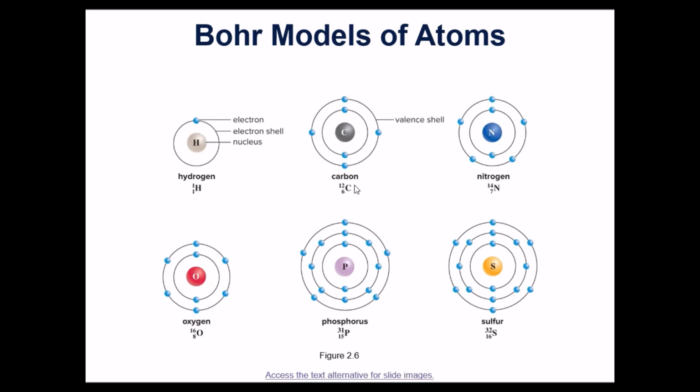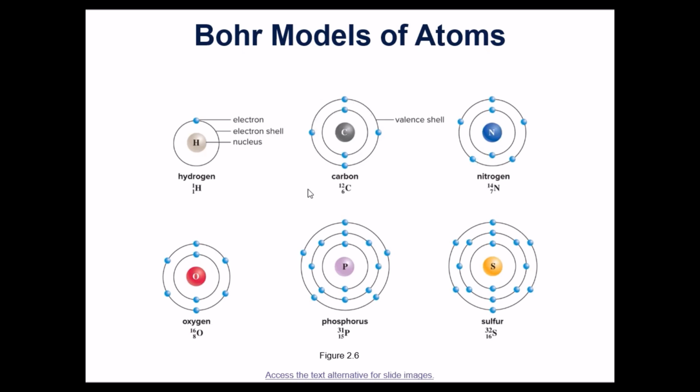If we look at our chemical symbol here, we know carbon has 6 protons. They're in the nucleus. This is a stable form, not radioactive, so it has 6 neutrons, which are also in the nucleus. Because it has 6 protons, and because we're dealing with a neutral atom, in other words, not positively or negatively charged, you would expect it to have 6 electrons. You can count up and see all 6 electrons. We've got 2 in the inner energy level and 4 on the outside. So that gives us a total of 6 electrons.